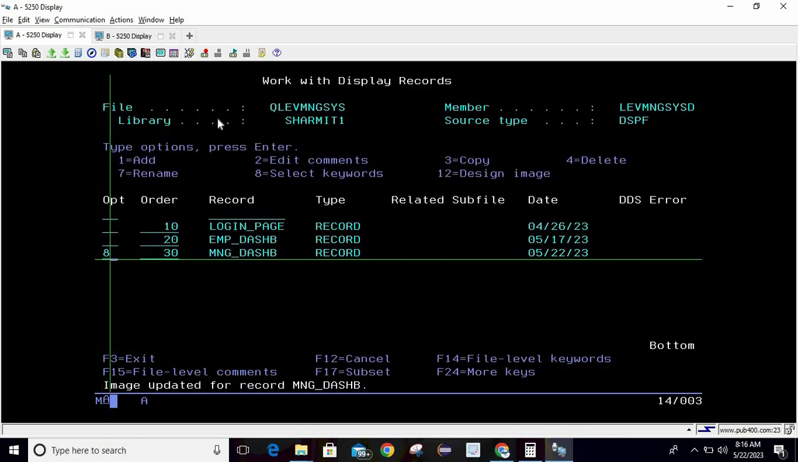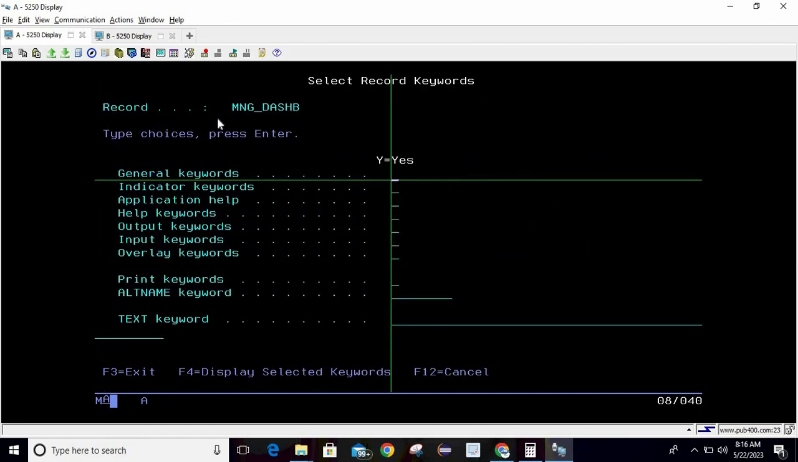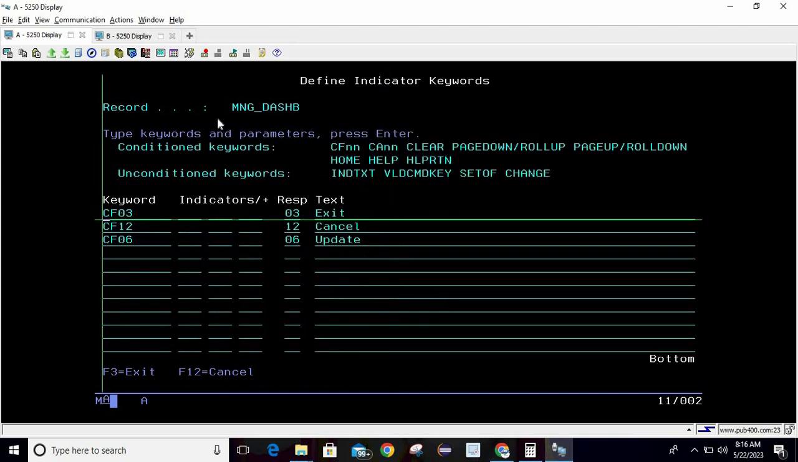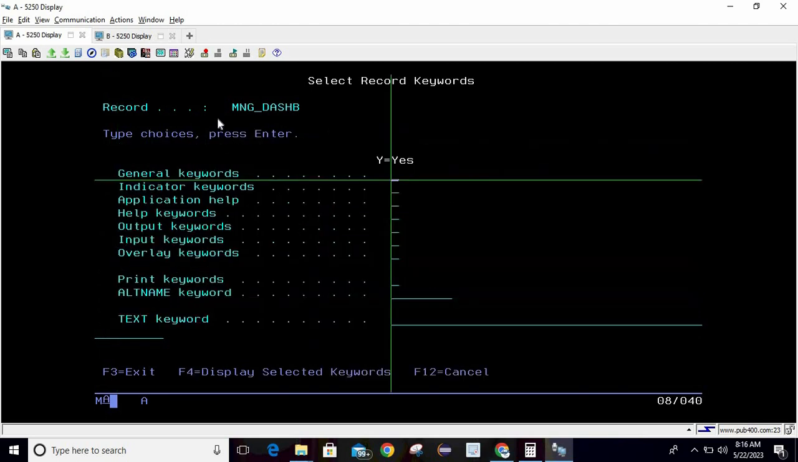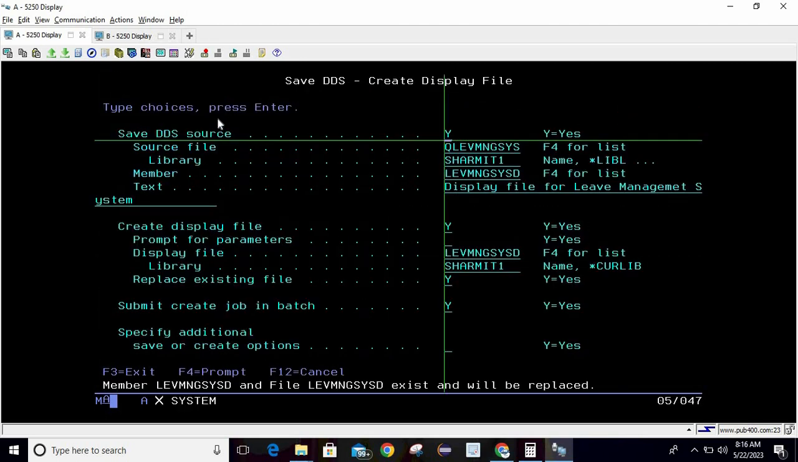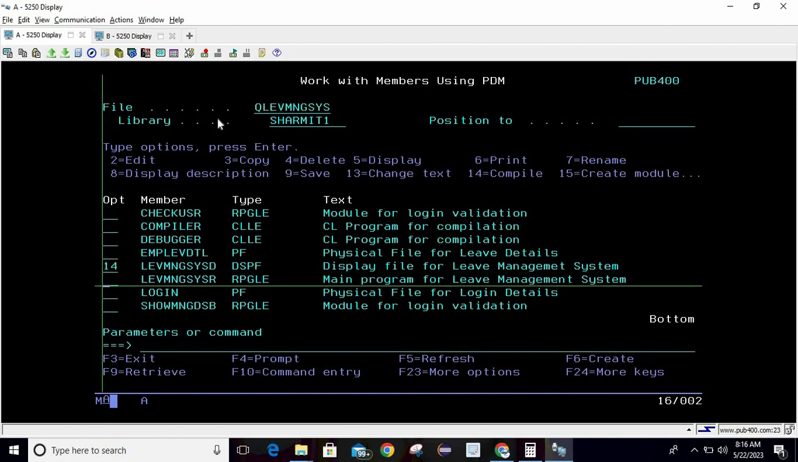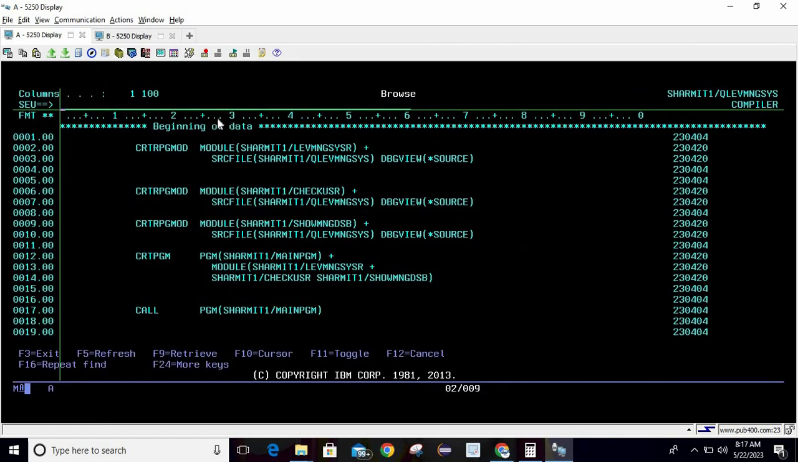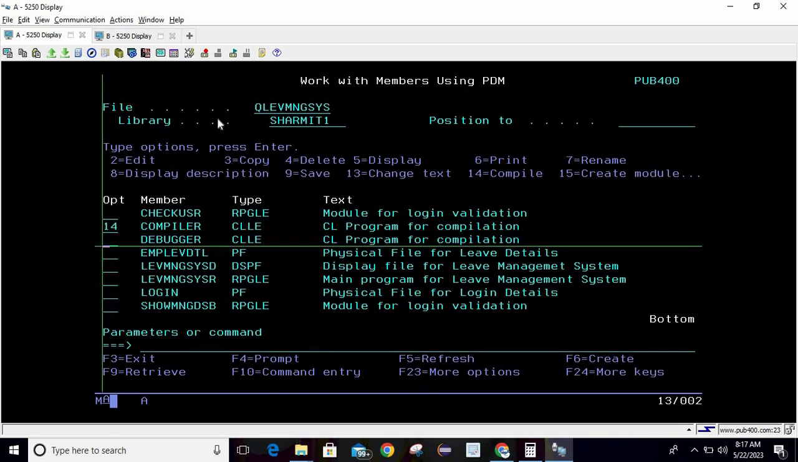Now we'll take option 8 on the record to check the indicators. Here you can see that we have added three indicators: CF03 for exit, CF12 for cancel, and CF06 for update. Fine. After that you can simply compile your display file. Display file is compiled, and once it is compiled you can compile your main source also. And as I have already told you that I kept all my sources in this for compilation, so I'm directly compiling my